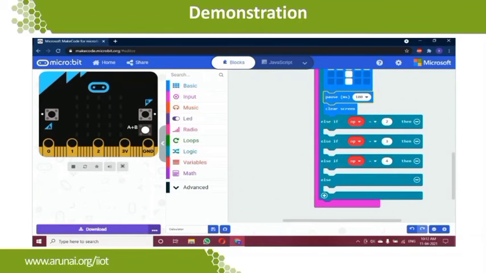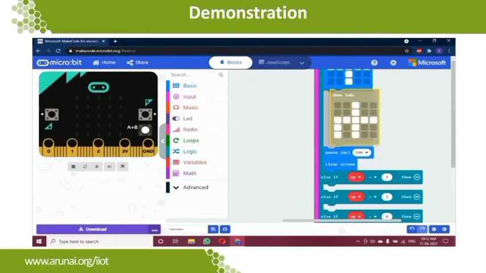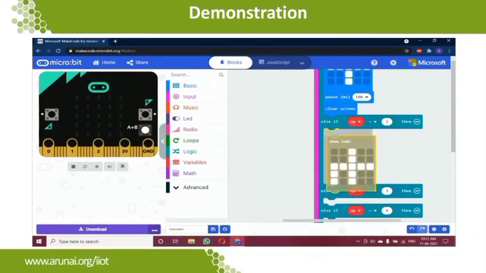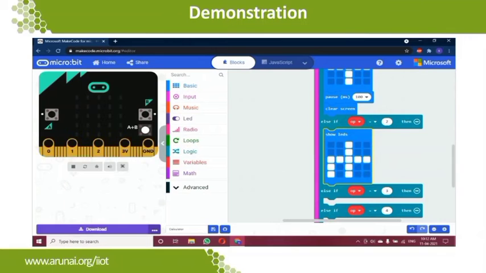Whatever we code here is going to be executed. It is not necessary that what I'm showing should be in your micro:bit. It's just a way of executing. You can use your own creativity to utilize whatever you are showing to the users or your friends or whatever you're working on. That's entirely dependent on your creativity.